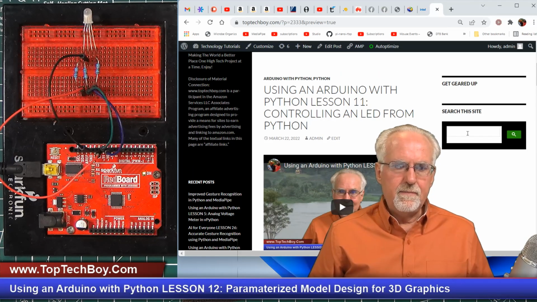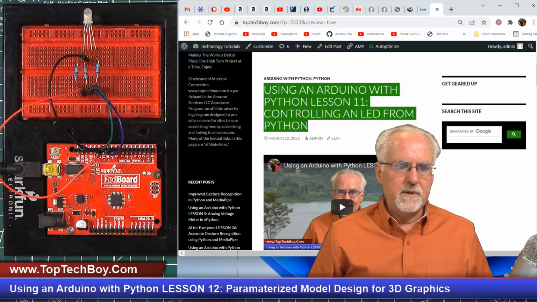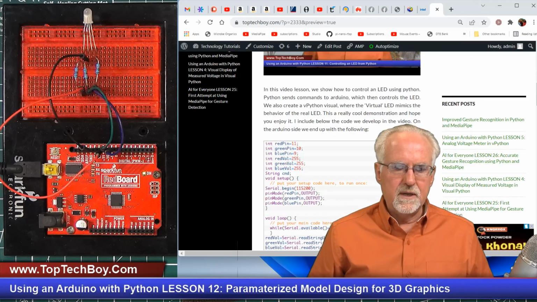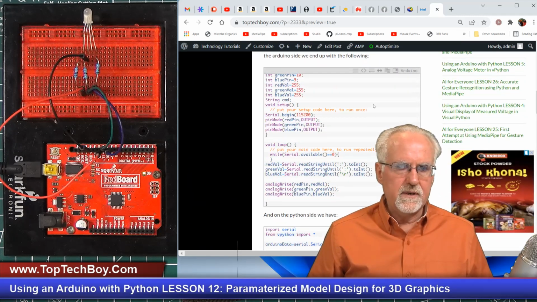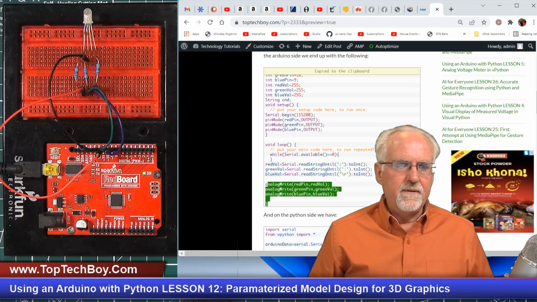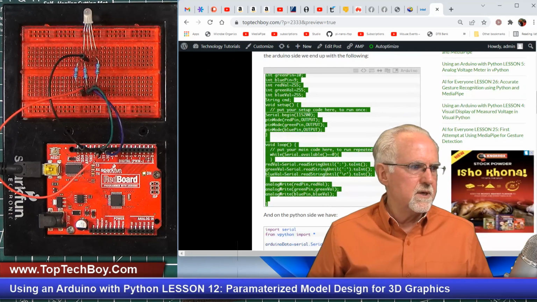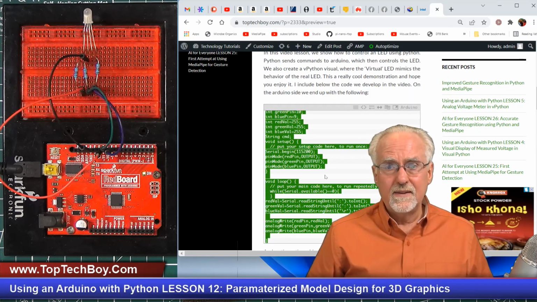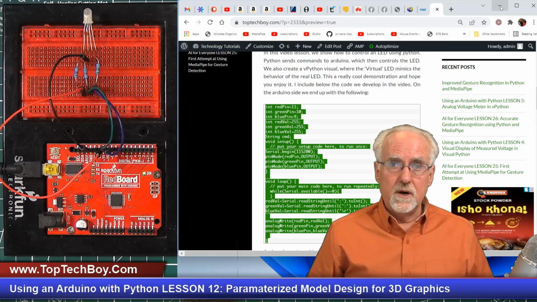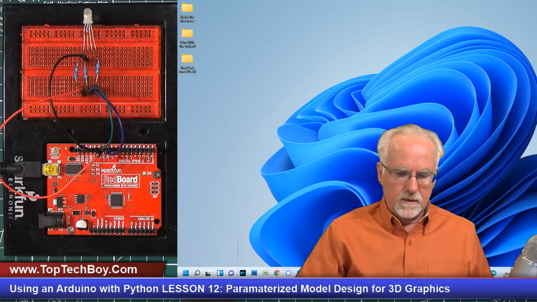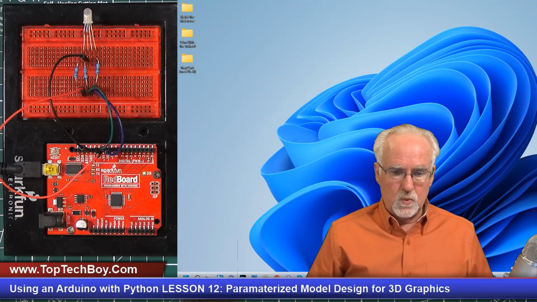Okay, in this happy little search bar, you can search on something like "using an Arduino with Python, lesson 11, controlling an LED from Python," and you should come to this lesson. And then if you look at this little snippet of code here, this is the code that I am using on the Arduino side. So you can run and snag that if you want to make sure that you are starting at exactly the same point I am. But I already have that downloaded into my Arduino,